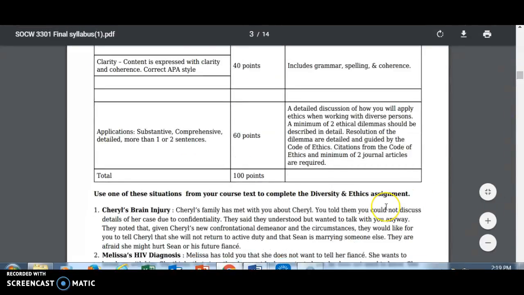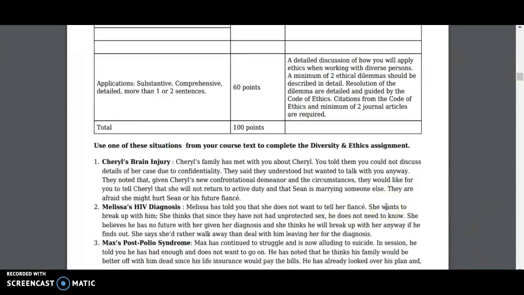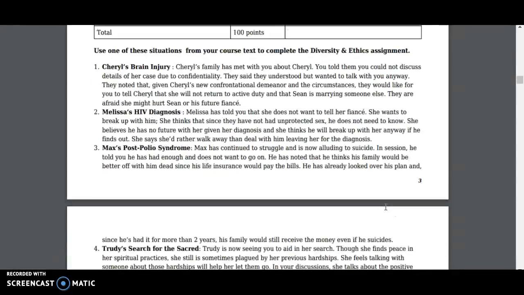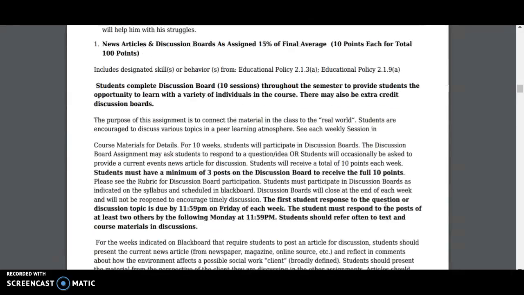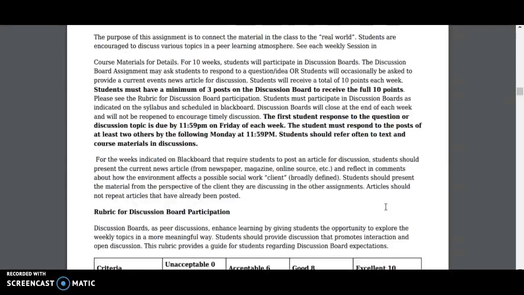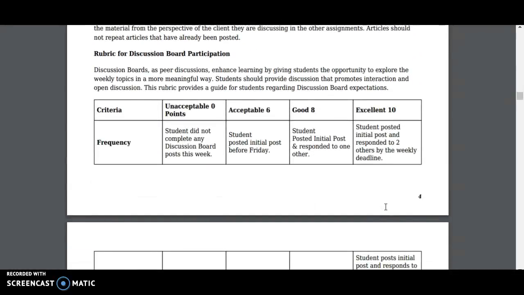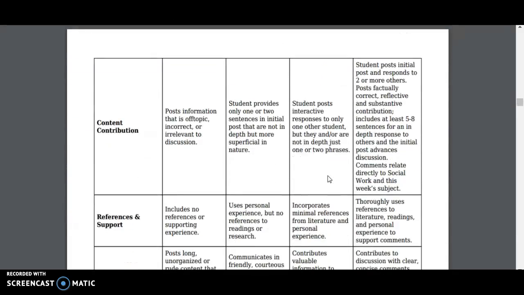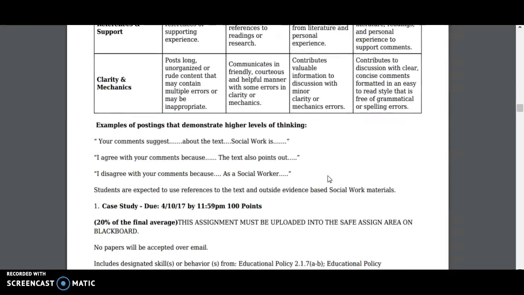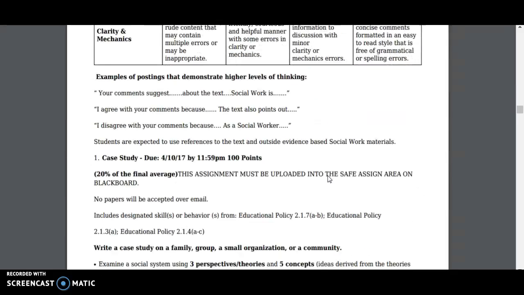This has the grading expectations and how things will be graded on each of the assignments. I will post a video about that as well so that you'll have a better understanding of each of the assignments. But just for the syllabus, you'll know that these things are here. Here's that same rubric for discussion board participation that was there before. So you want to make sure that you're using and following the rubric during your discussion boards. If I find that people are not participating in the discussion boards in a professional manner, then I'll send out occasional videos and emails and suggestions about that.